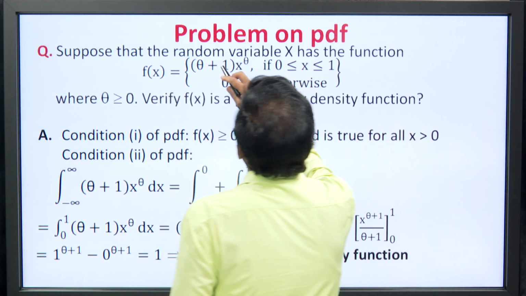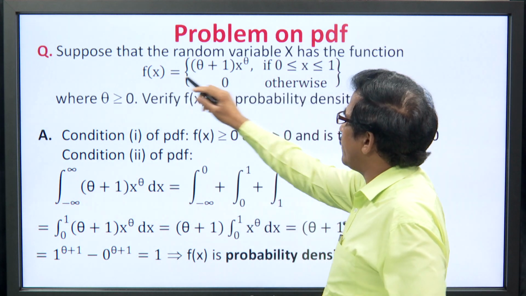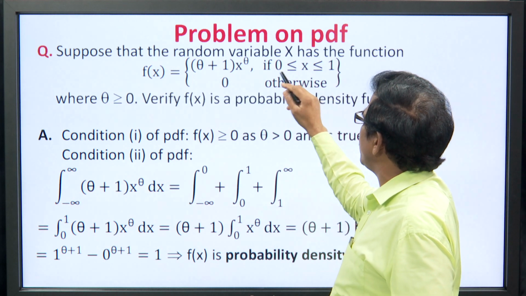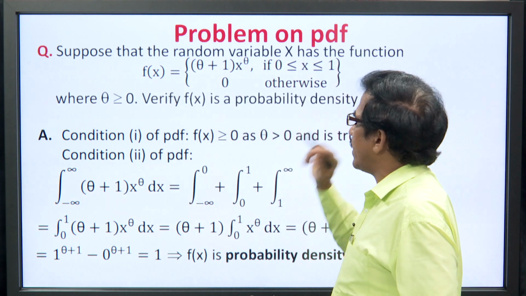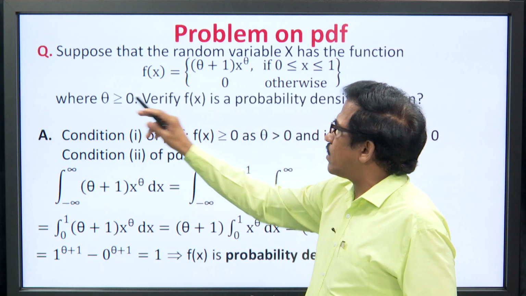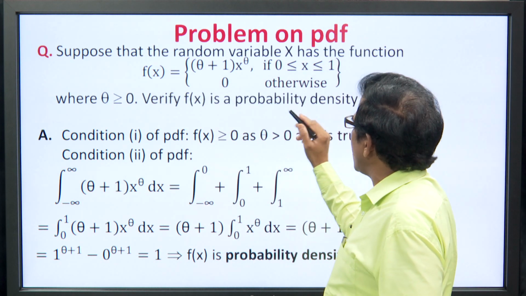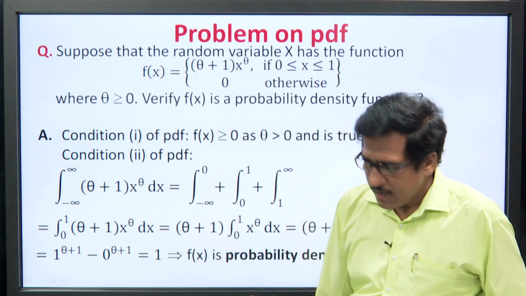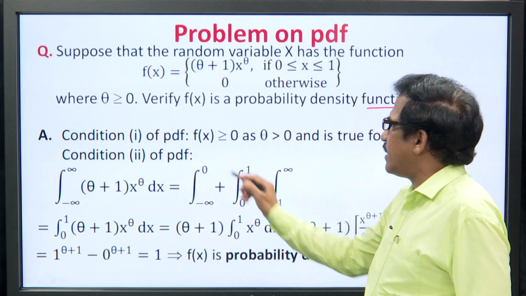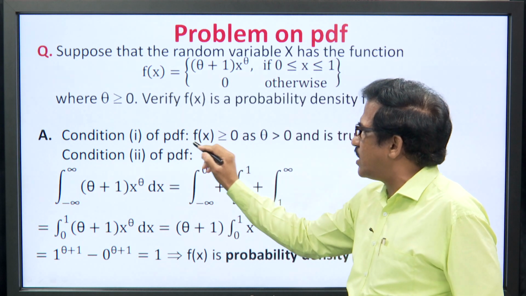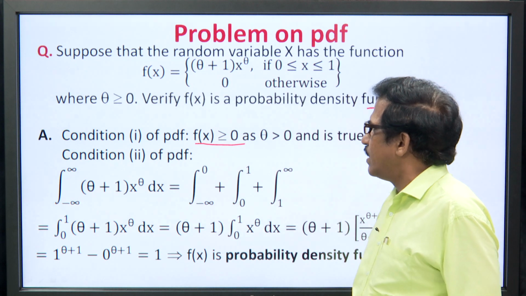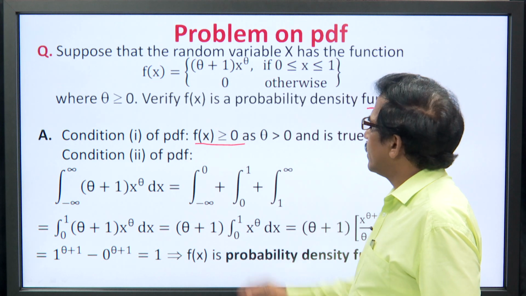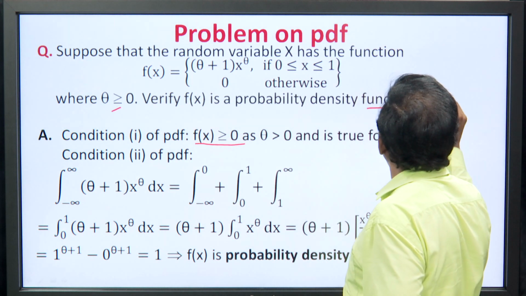Suppose that random variable x has the function f x equal to theta plus 1 times x to the power theta, where x varies between 0 to 1 and it is 0 otherwise, where theta is greater than or equal to 0. Verify f x is a probability density function. If we would like to verify our f x is a probability density function, then it must satisfy two conditions as we discussed previously. The first condition is f x is greater than or equal to 0. As we know that theta is greater than 0